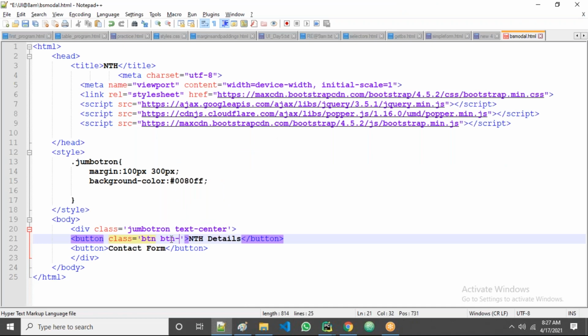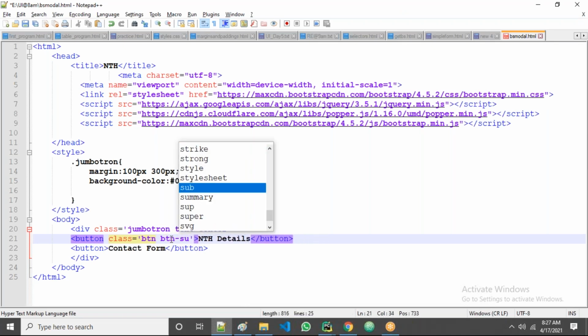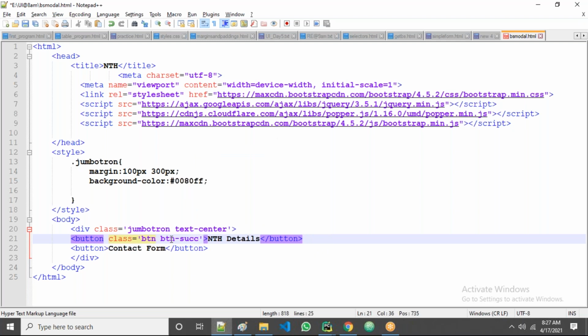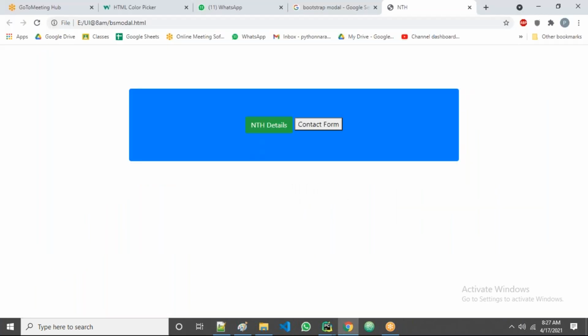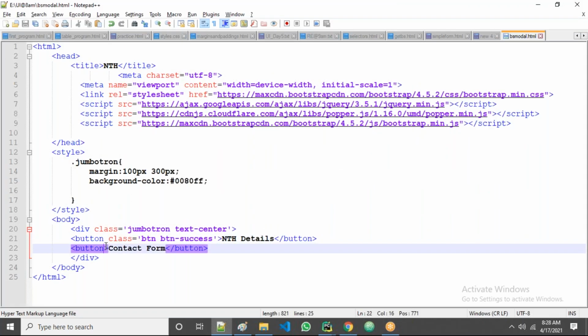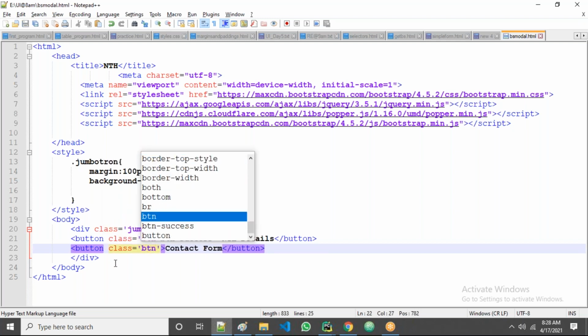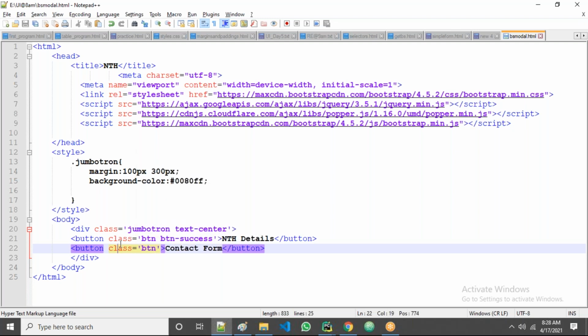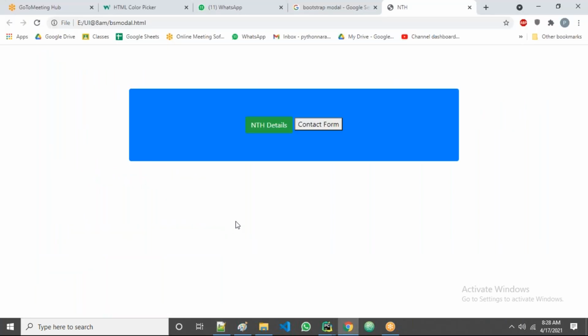BTN. Let's take for example primary, guys. Okay, not primary, let's go with success. Now you can all observe here, right? Fine. Now I'll take the same for class. Let's take only BTN, which means button shape. Take only the BTN class, then the button shape will come,